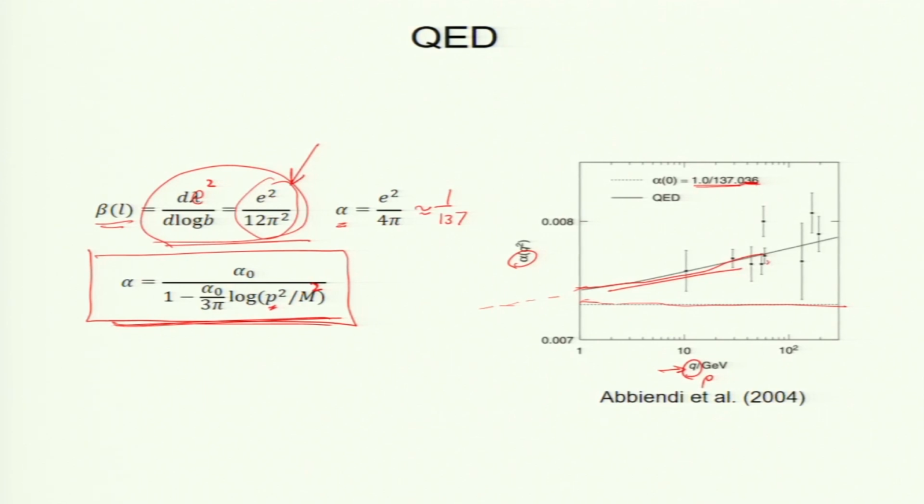So, see that when you increase the momentum, my coupling constant is increasing. What does it mean? When I increase the momentum, that means I am going closer and closer to the electron. To probe the electron closer, I need larger momentum. When I go closer, then I see more charges. Now, what does it mean? Why should I see more charges?